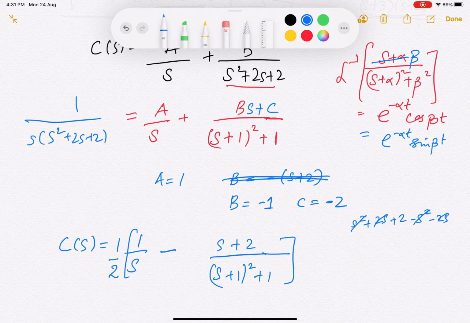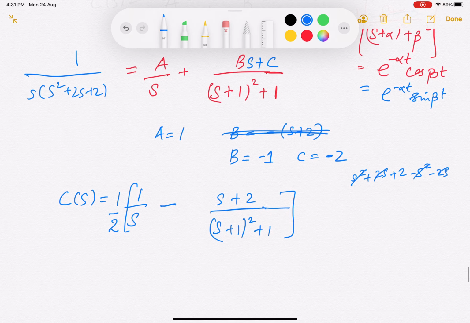1 by 2 of this, right? So actually your A would be 1 by 2, your B would be minus 1 by 2, and your C would be minus 2 by 2. So now you can open this up and, if you take your inverse Laplace transform, you can write down C(t) as half